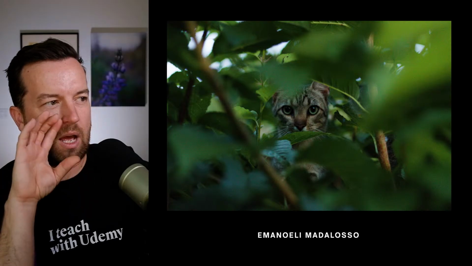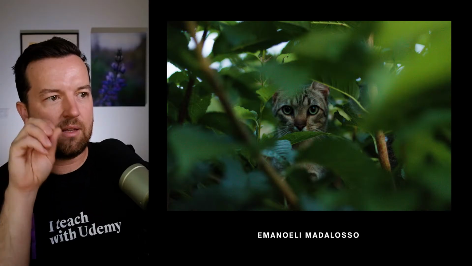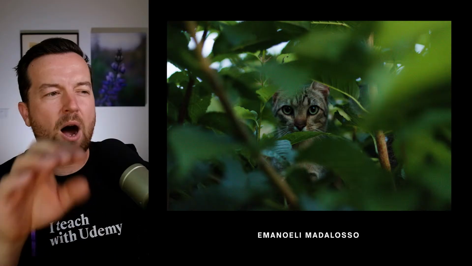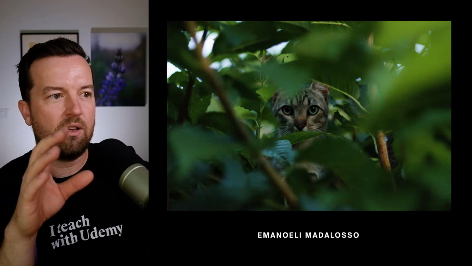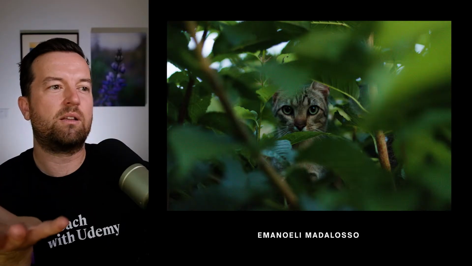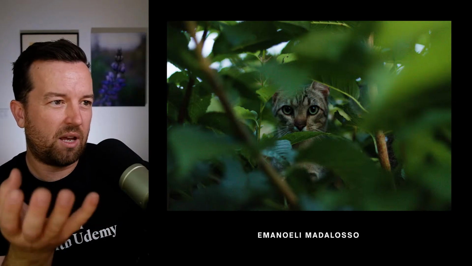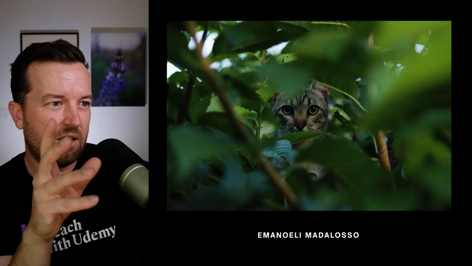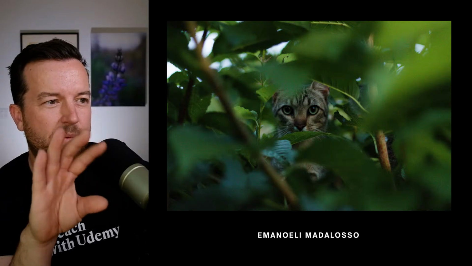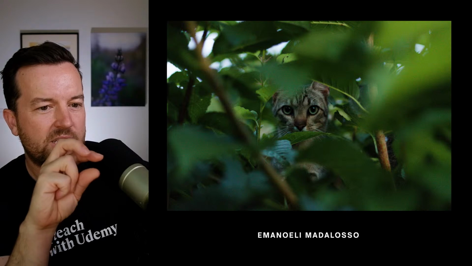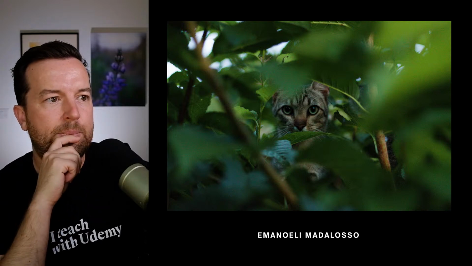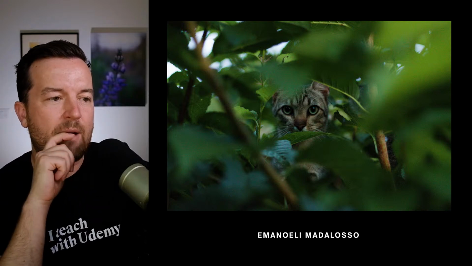There's something about wanting the cat's eyes, the face, to pop a little bit more in this. So maybe boosting the exposure just a tiny bit on it. And then also making it a little more contrasty or something, or changing the white balance just a touch. Man, but this is really good.